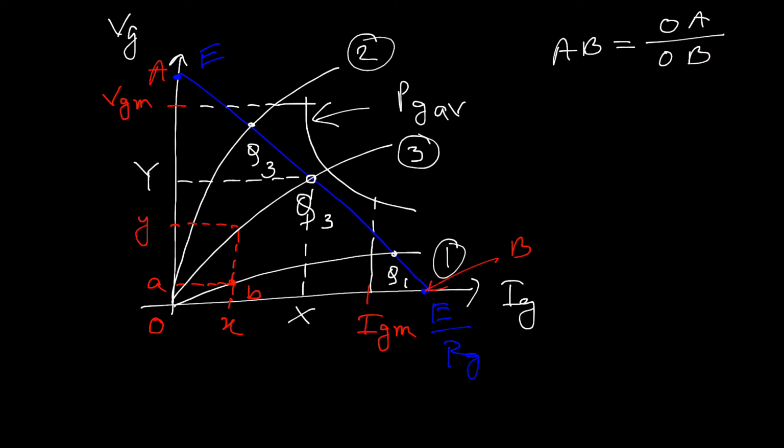Suppose we are increasing the load resistance. Suppose we are increasing the gate resistance Rg. So what will be the maximum value of Rg for designing purpose? Here, when the supply voltage is E, then the current due to presence of Rg is defined by E by Rg. Suppose we are increasing Rg in this way. Just think about it in this way. Increasing Rg means the slope of AB should be increased. That means it can be increased in this way, in this way, in this way.